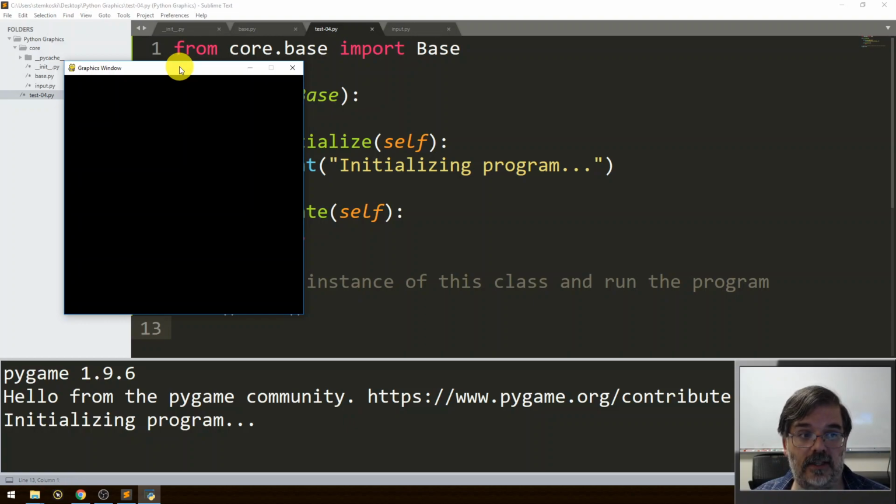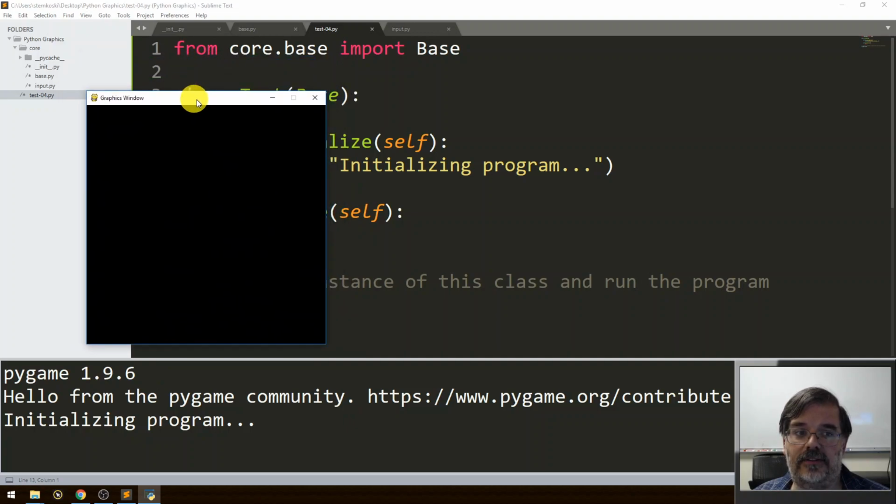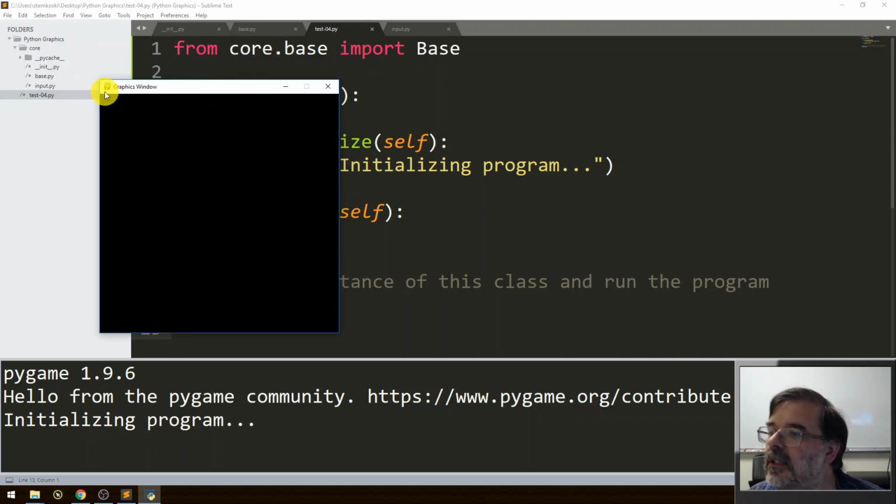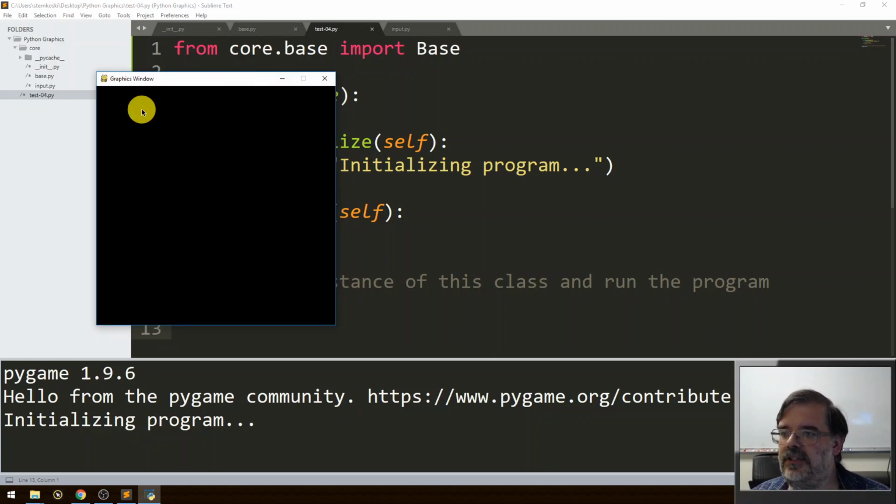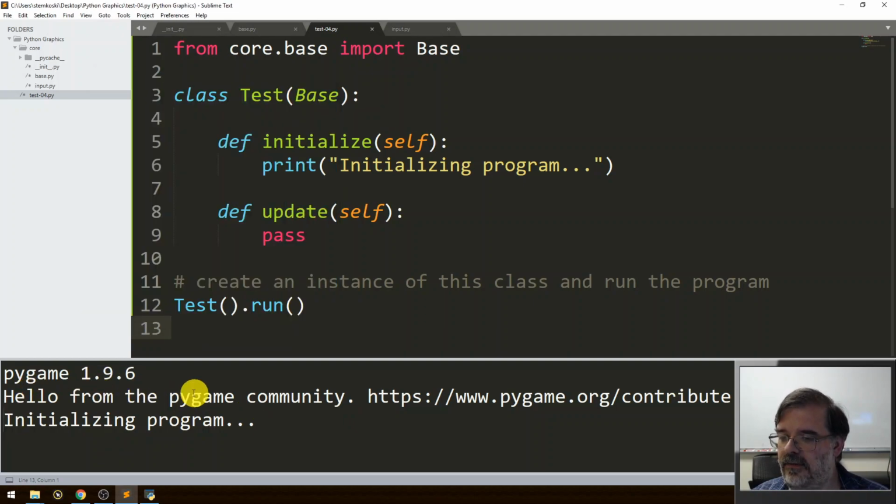Hey, and a bunch of great things just happened. So first, you'll notice right here, I've got a window. I've got a Pygame window. It's got the Pygame snake icon in the corner. And the text is kind of small. I apologize. It's probably hard to read, but on your own system, you'll see that it says graphics window. It's 512 pixels by 512 pixels, just as we asked. And also, the console opened up, and it says, hello from the Pygame community. Hello, Pygame community. And initializing program. So, hey,